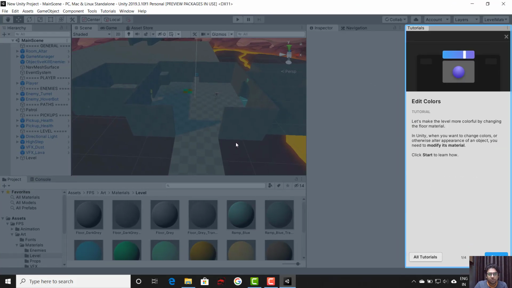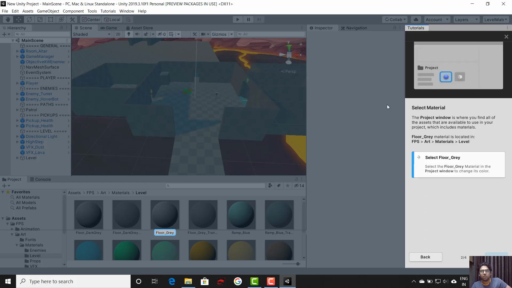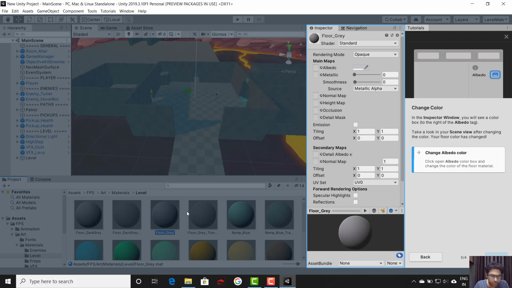Now in edit color, let's say you want to start it. So floor gray is selected. Now once this is selected, whenever you want to change any color, everything has to be done through material only. For example, right now if you see, the color of the floor is whitish and gray. Let's say I want to change it.